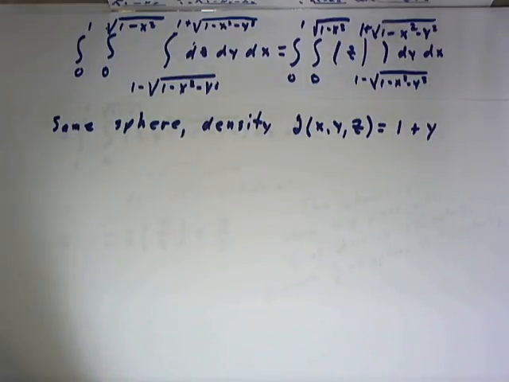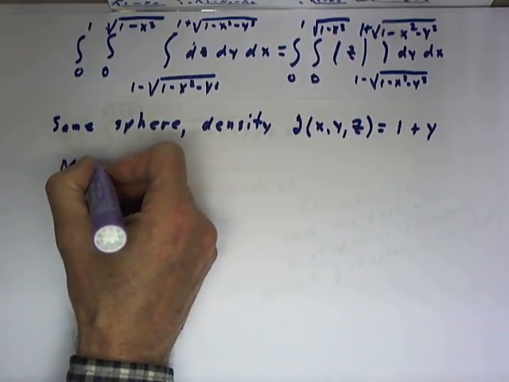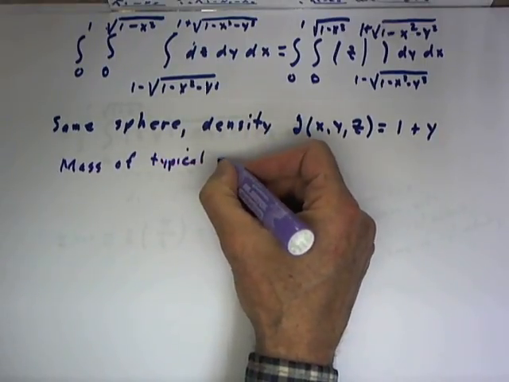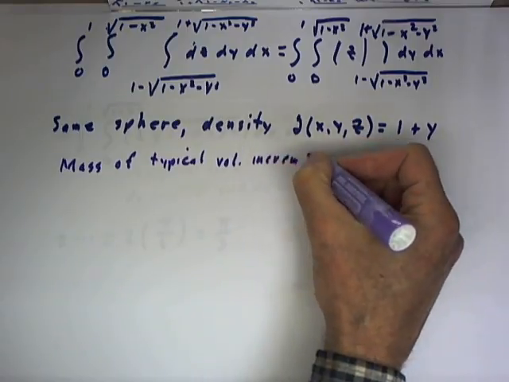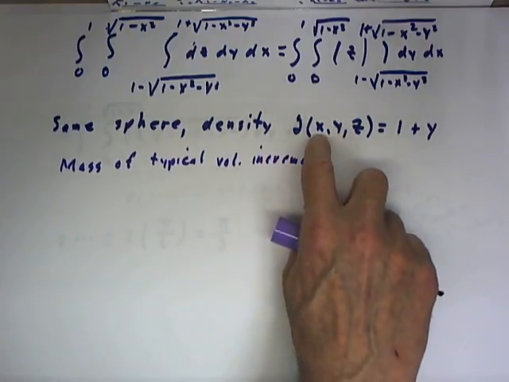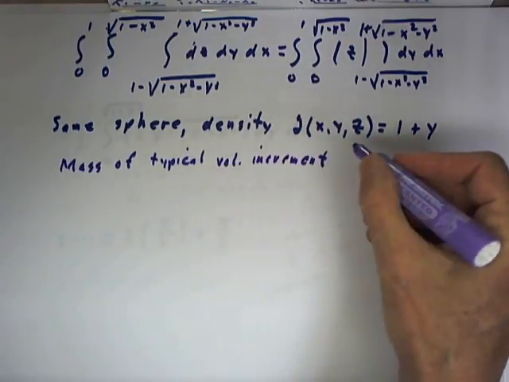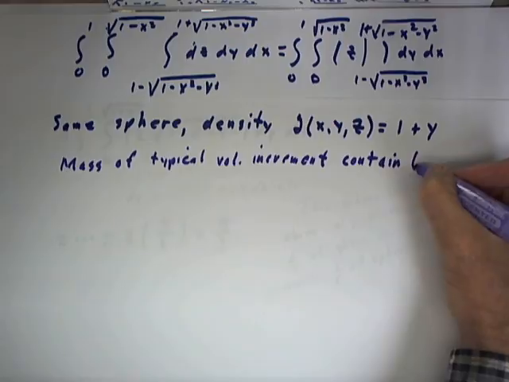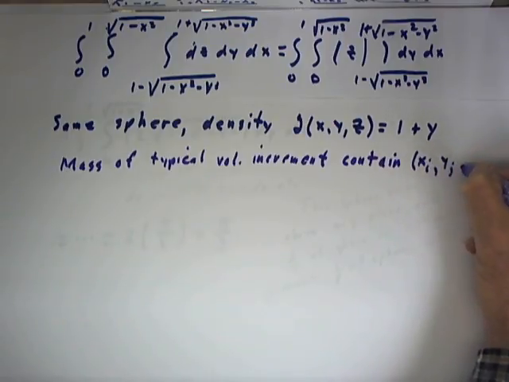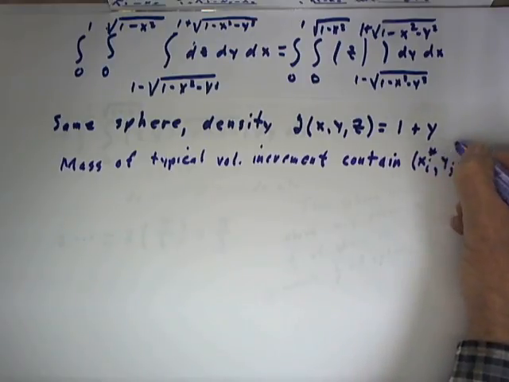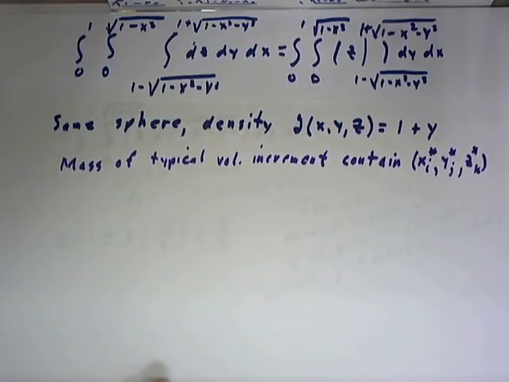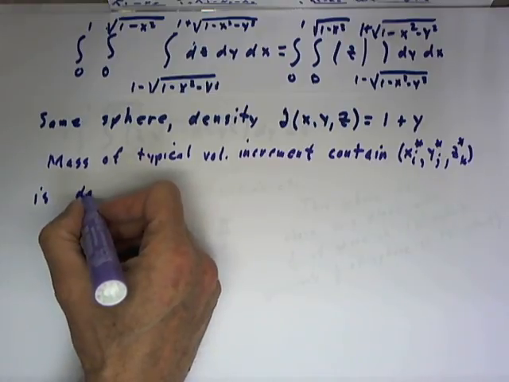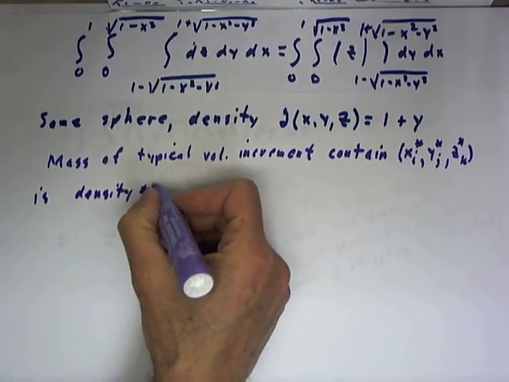With this density function, the mass of your typical volume increment, and the volume increment now will involve an xi, yj, and a zk. That volume increment will then contain the point xi, yj, zk star on each, is density times volume